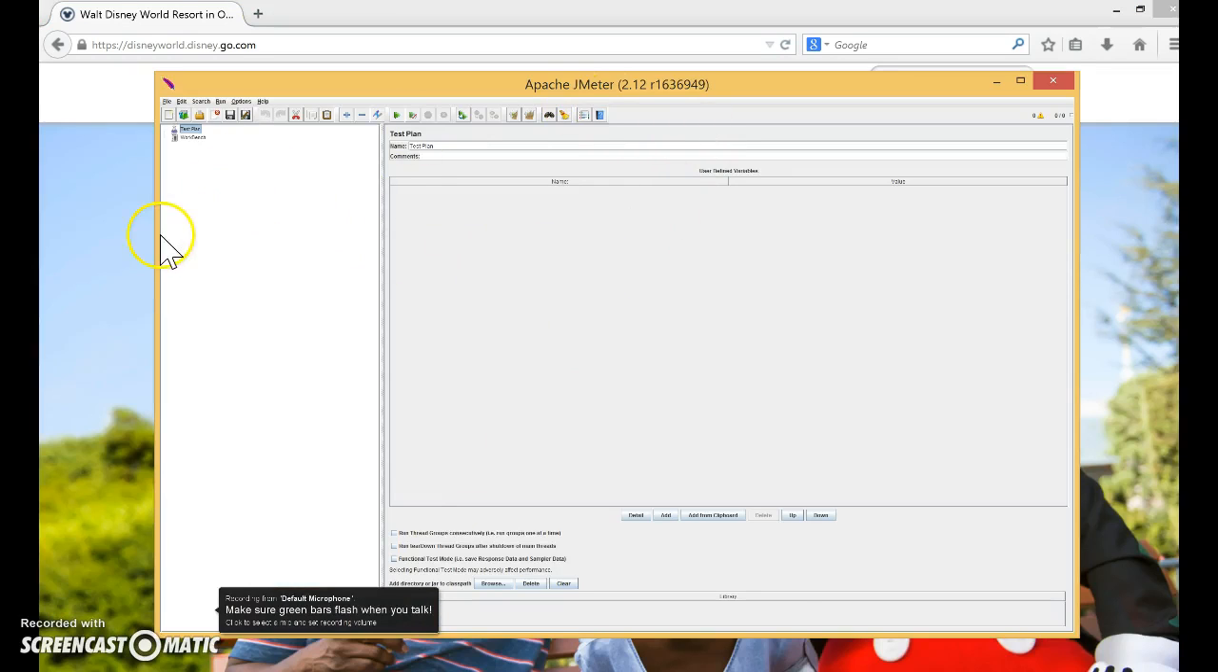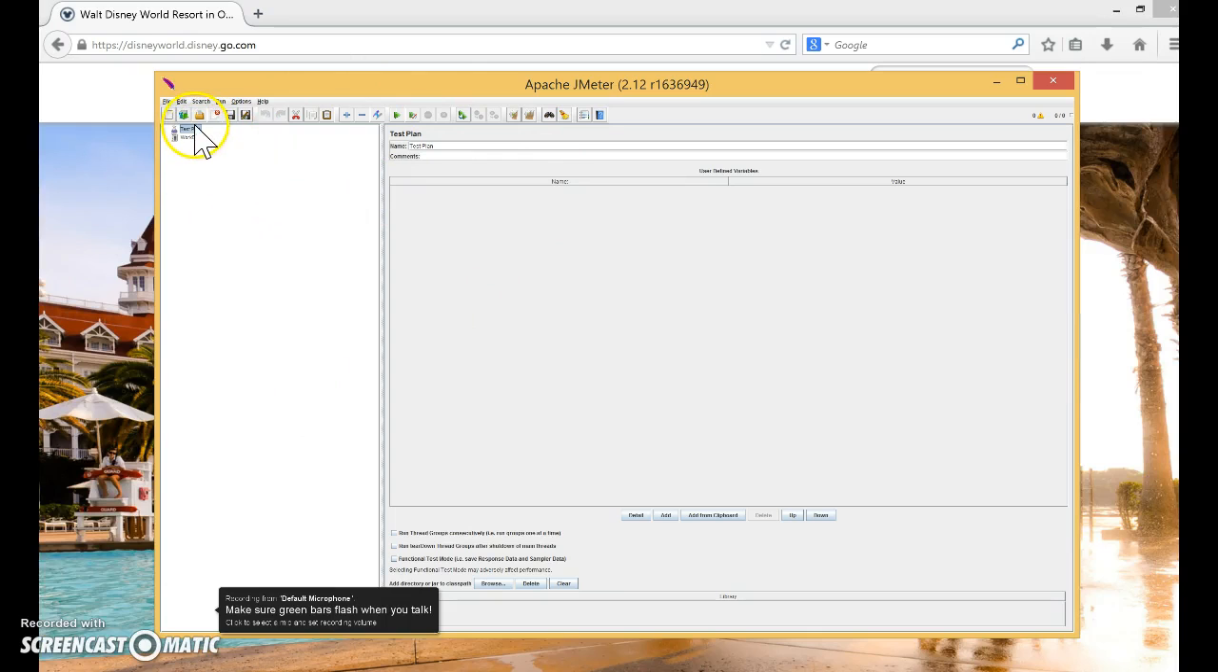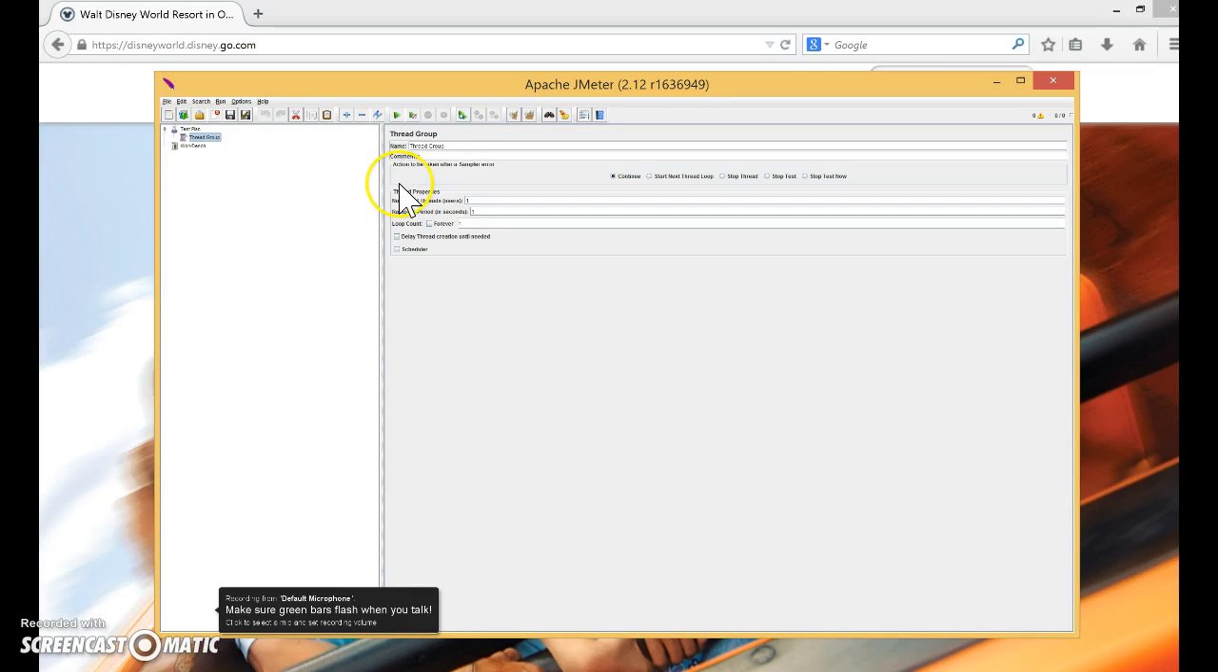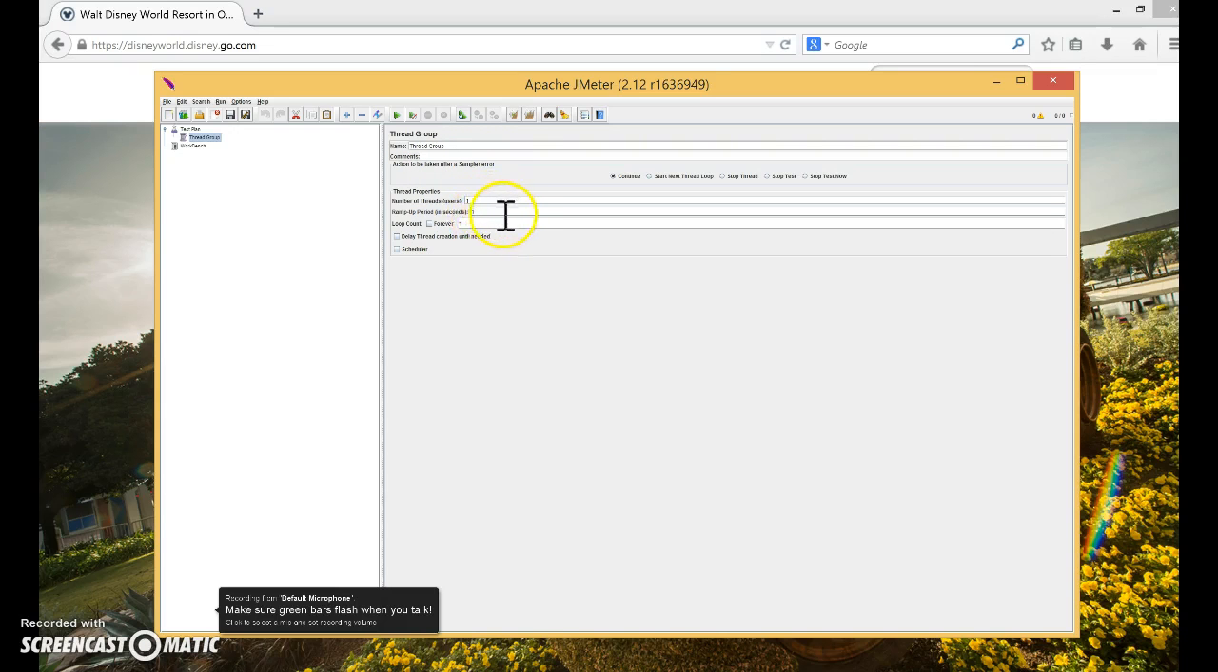So in this JMeter, you can see the screen, right? In JMeter, we have a test plan. When you open JMeter, it's going to show you like this. Then you just have to add a thread group into it. With the help of thread group, we can control how many users there would be, and what would be